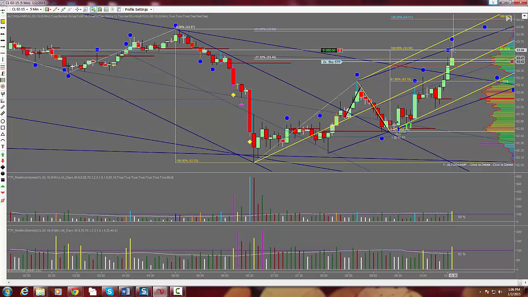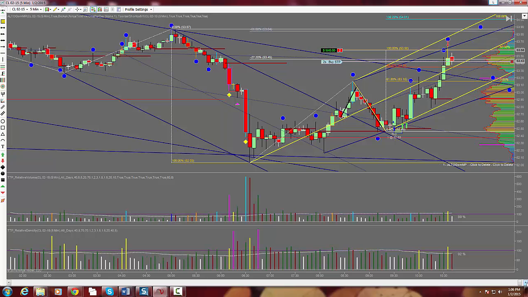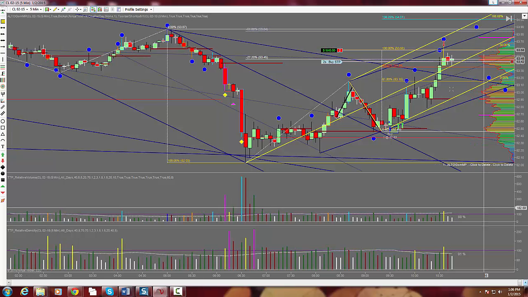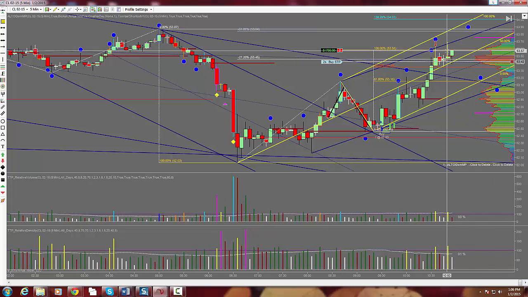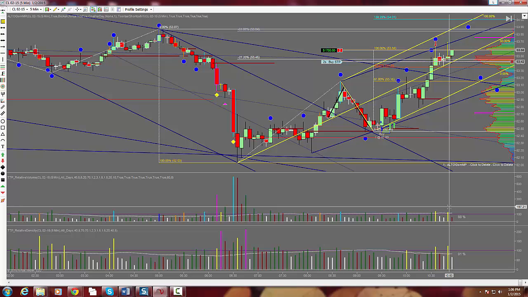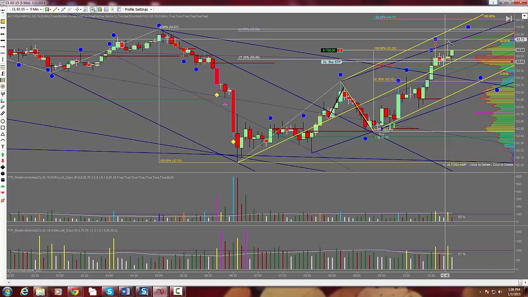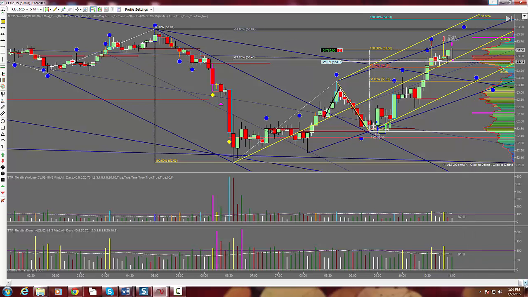Then we get a churn bar. That was my first area to exit from. We pulled right back to the top of the trend channel here. All right, but I wasn't paying attention as I should have been, and waited a little bit longer. It pulls back to the median line here, and then goes back up. We get a second churn bar, so we get two churn bars right there. That was the even better exit at the top of the channel, but I still didn't get out right there. I was holding a little bit longer,